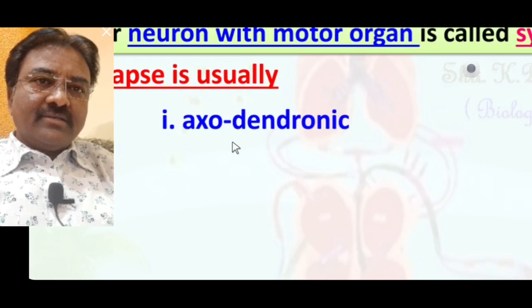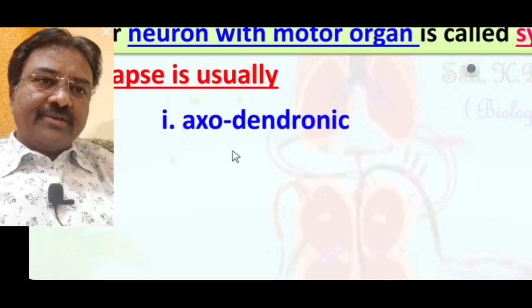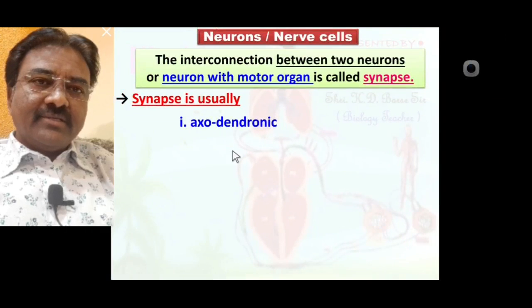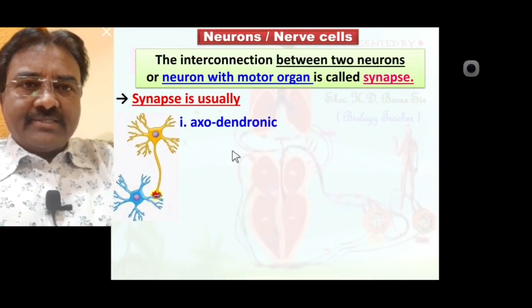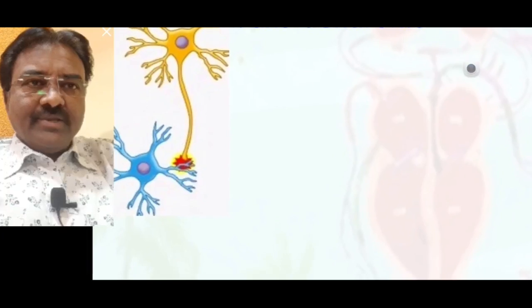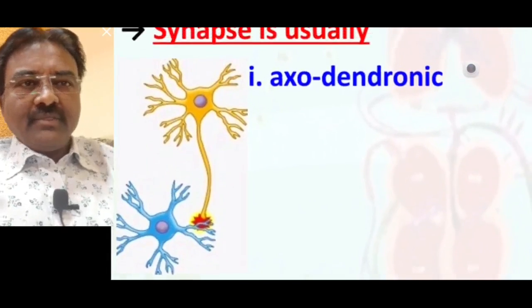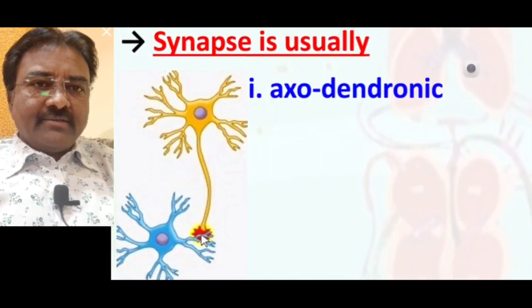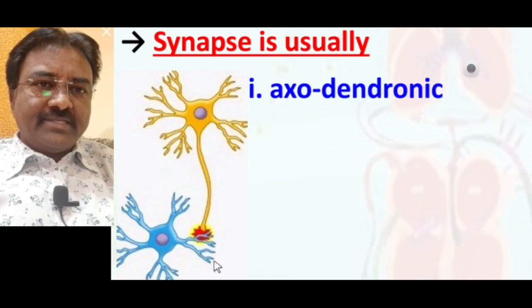Such synapse is called as exodendronic synapse. Seen in the diagrammatic representation, exodendronic synapse: one neuron axonic part while the other neuron dendronic part. So in between them a synapse is present called as